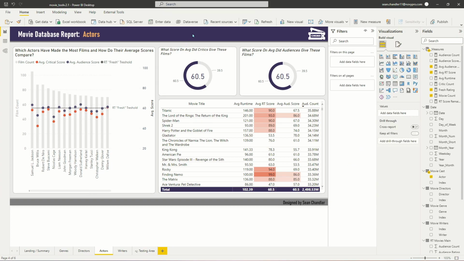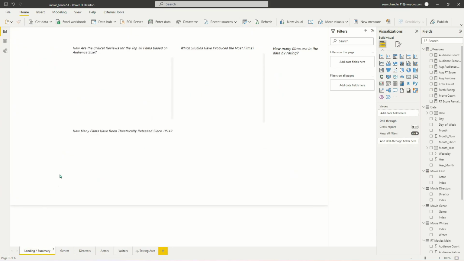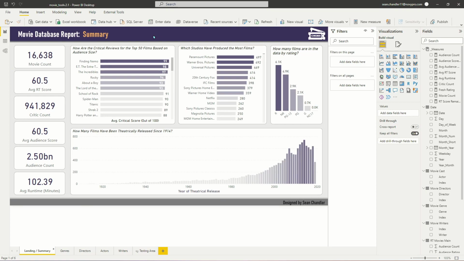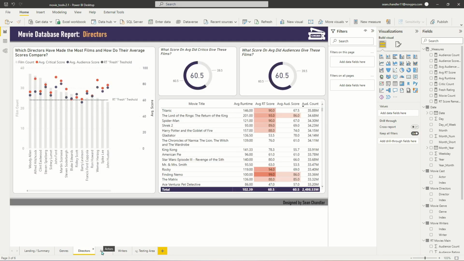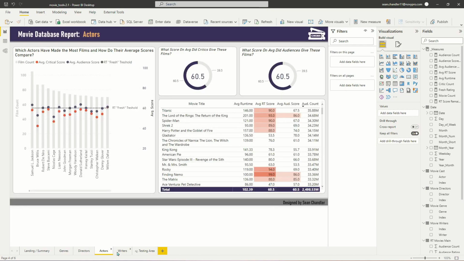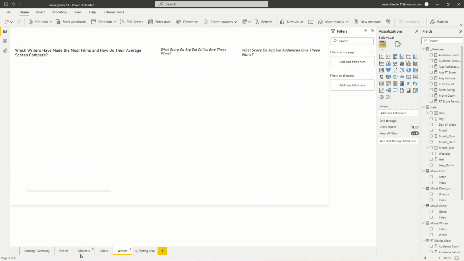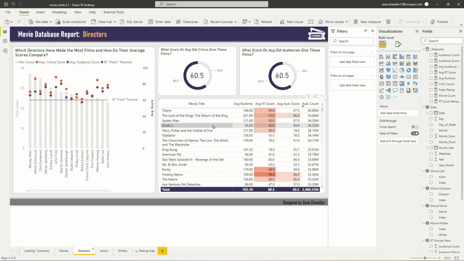instead of directors. And now, it only took about an hour to turn our fairly basic, ugly, barely fleshed out Power BI report into something that I feel like we could all be relatively proud putting in front of stakeholders, putting in front of a customer. I feel like it's going to enable anybody to approach this data in a very logical manner based on which specific item in the data they're interested in exploring, and be able to quickly filter through any specific actors or writers or directors and view their entire filmography, while also comparing what audiences and critics thought of the different movies